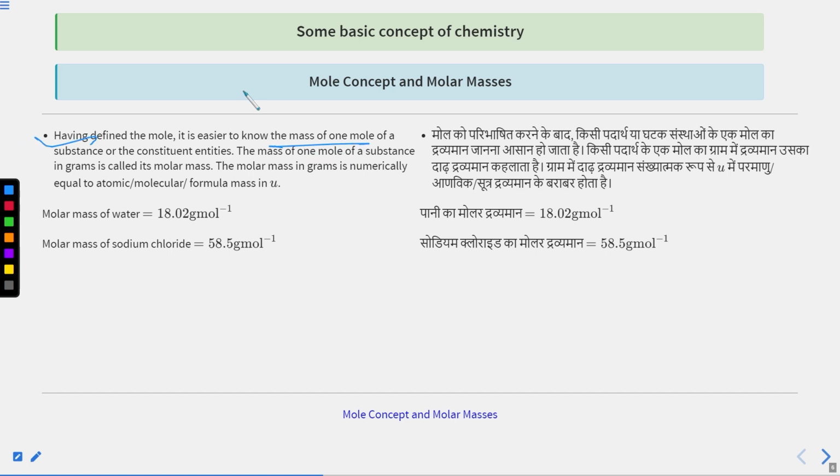So the term for the mass of 1 mole of substance is known as molar mass. We will be discussing this point in the next upcoming class. You can see here the molar mass of water, molar mass of sodium chloride, you can calculate molar mass of KCl, K2SO4, NaCl, etc. But again I am repeating, we will be discussing the molar mass in detail in the next class. So today, let's quickly recall the points.